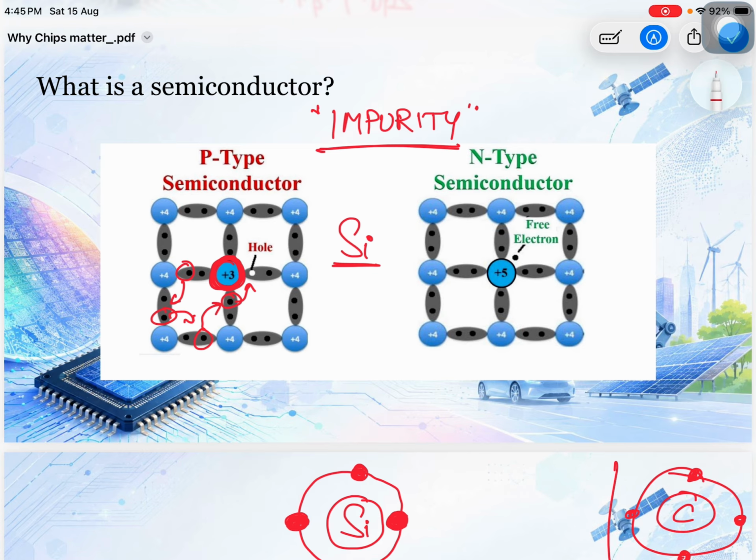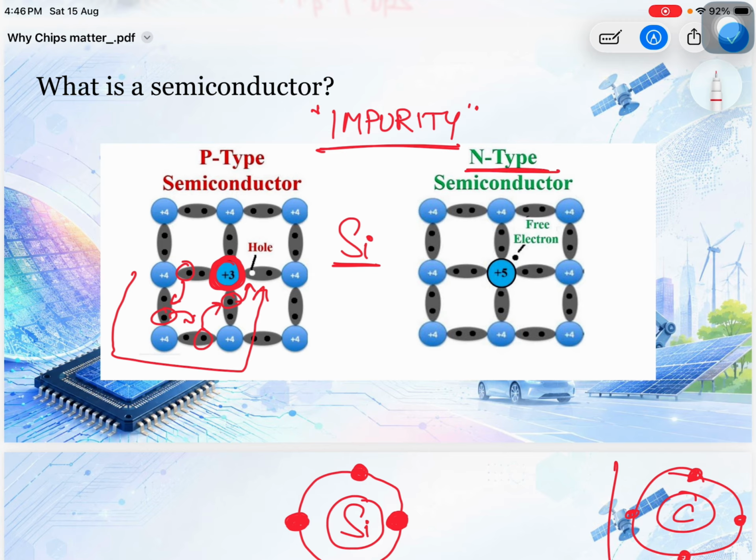When electricity is induced through this kind of substance, electrons move and take spaces, they try to fill up the hole, and that is how electricity is conducted. You can see how the electron is moving, and in the same manner electricity is conducted across the lattice. We will deal with n type semiconductor in the same manner.